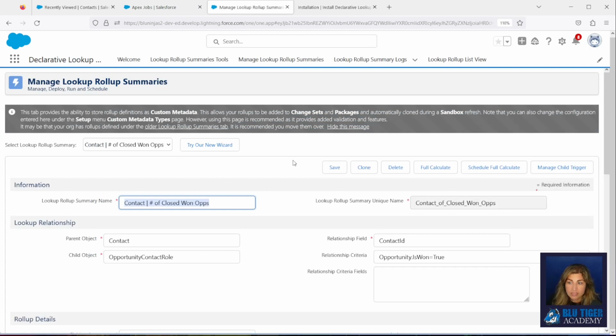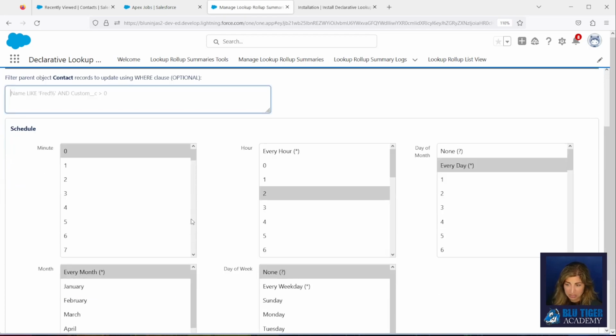Now, if you schedule this to run, it has a scheduling function. You can go down to the minute of when you want it to run. If you don't want it to run real time, so sometimes you may have roll-ups that are really heavy on the database, and there's no reason why your users need to see this data real time, I would schedule this roll up to run overnight then, so that it's not taking up resources when your users are using Salesforce.